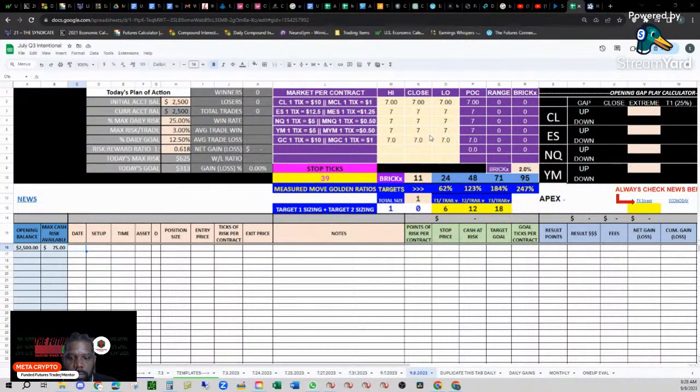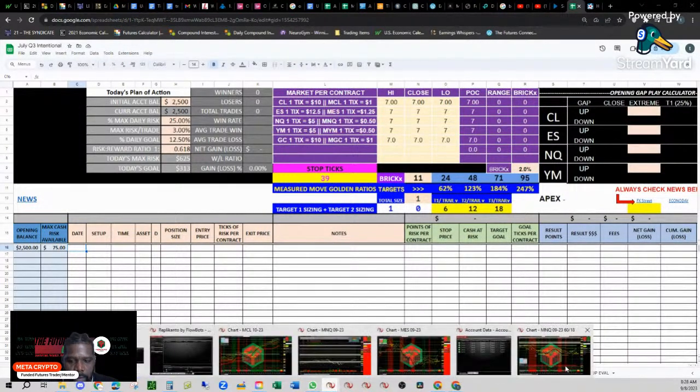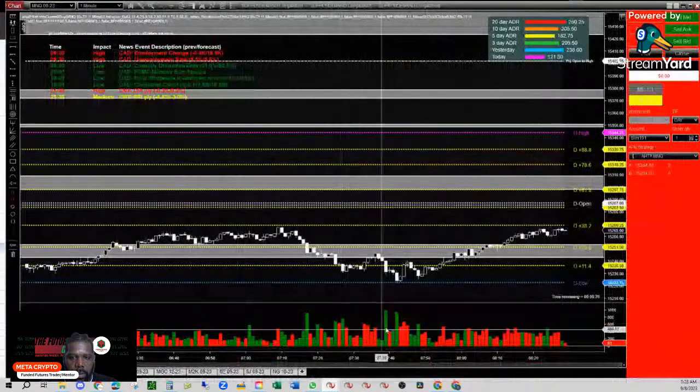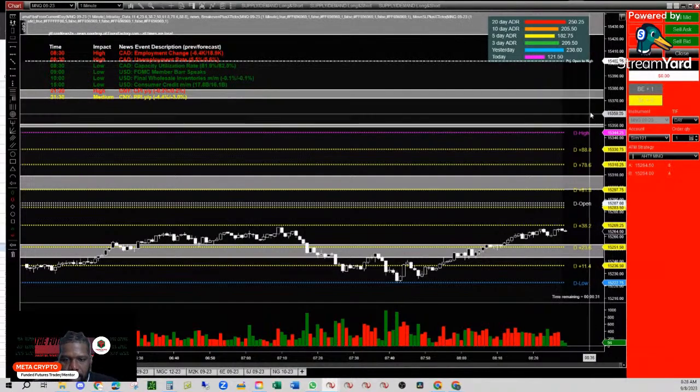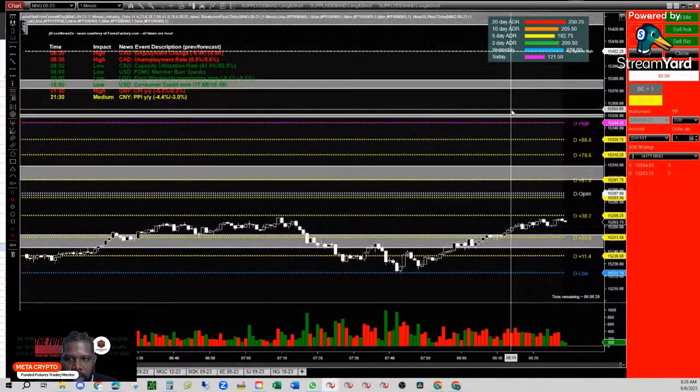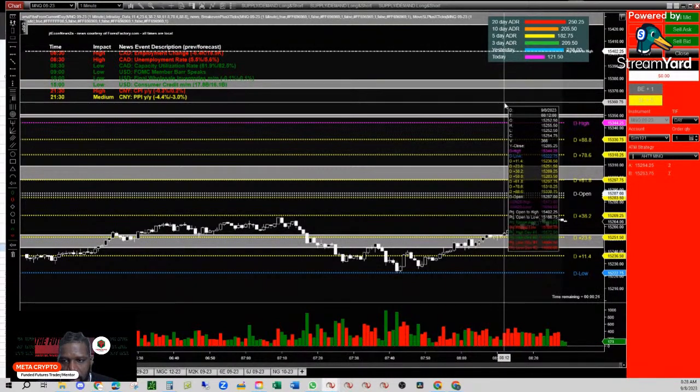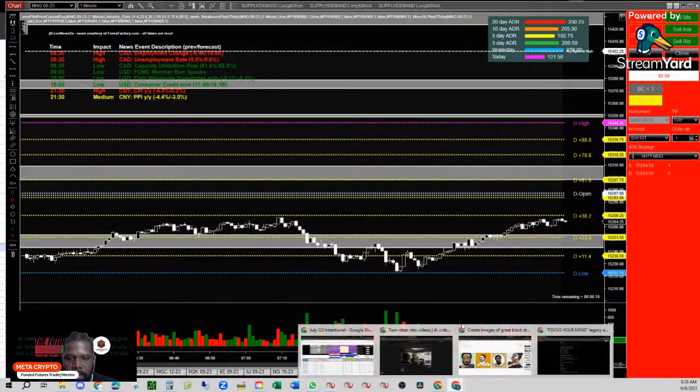So when I go here to my prep chart, what I'll do is I say, hey, okay, this is where I get my numbers from. We're looking at the MNQ. We're going to go, what was yesterday's close for the MNQ? Right click on the scroll wheel of the mouse. 15,285.25. You go back here,